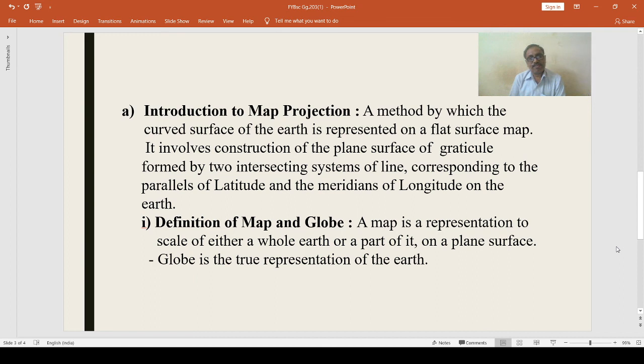In this way, there is a definition of map and a globe. The next part